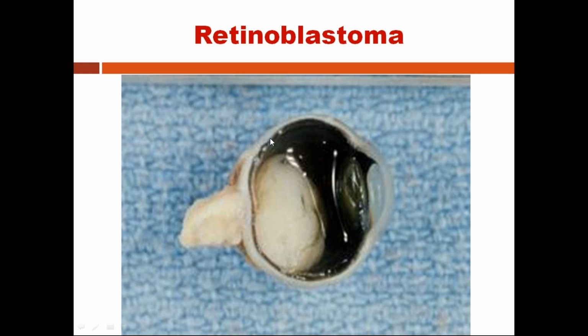So this is the retinoblastoma tumor. You can see the cross section. So this is half of the eyeball. Here you can see the cornea, the lens, and here is the retina. You know, the retina is there in the posterior chamber, and you can see this gray-white mass. So this is the retinoblastoma tumor, seen in the posterior chamber of the eye.